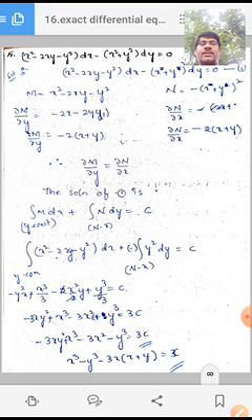We have to check by the condition that dou M by dou y and dou N by dou x are both equal, that is an exact differential equation. Here in these two cases the solution is the same. Now we are doing the exact differential equation form. We differentiate M with respect to y: dou M by dou y is minus 2x minus 2y, that is minus 2 of (x plus y). Dou N by dou x is minus 2 of (x plus y). Both are equal.